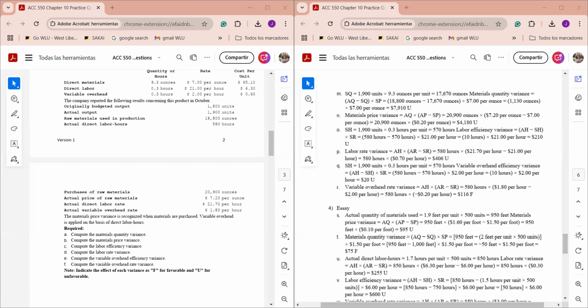Then number 1, why is it unfavorable? It's because the actual quantity of the materials used exceeded the standard quantity expected for the actual output. Same for 1, 2, 3, 4, and 5. And the last one is favorable because the actual variable overhead rate was lower than the standard